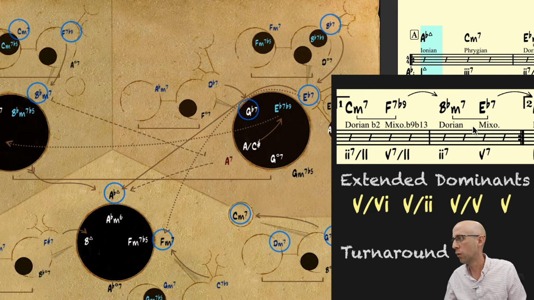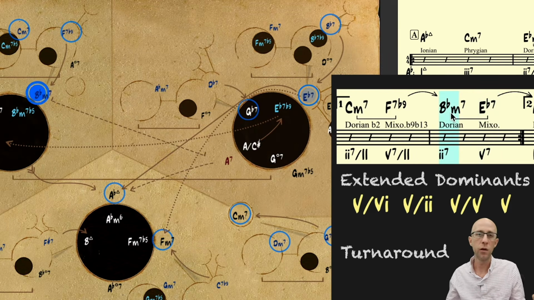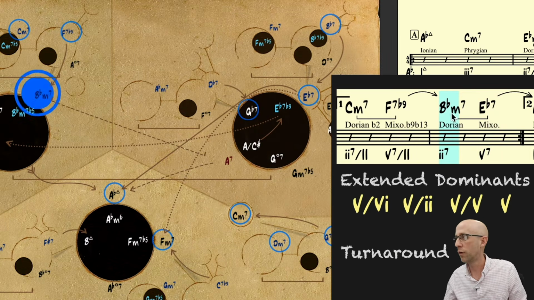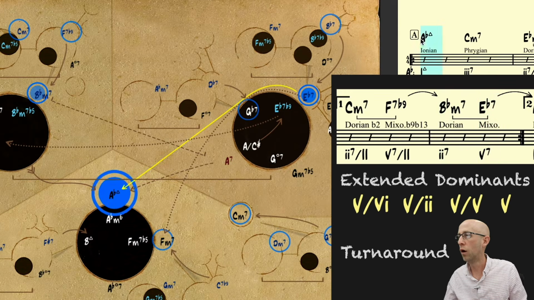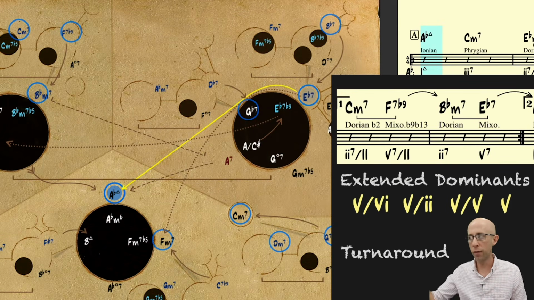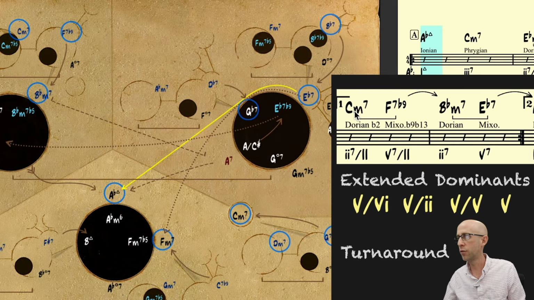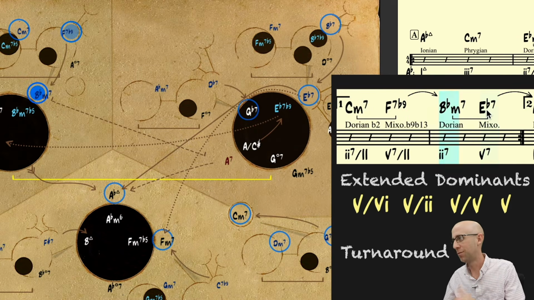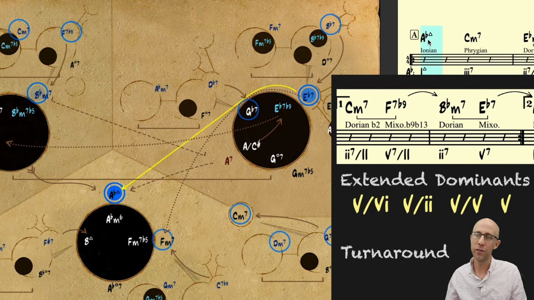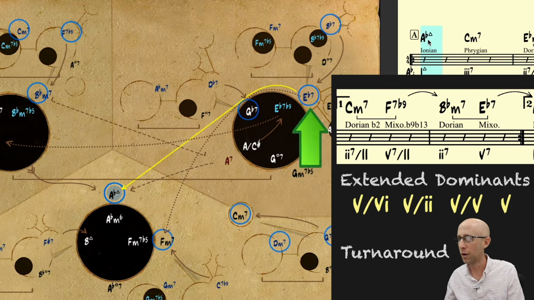So what he did was, okay, what's its 5 chord? E flat 7. And what's the 2 of that 5? B flat minor 7. So we basically just have a 2, 5, 1 turnaround. And then before that, in the first measure of the first ending, it's just the 2, 5 of the 2 of 5 of our target. So it's like a 2, 5 of the 2, 5 to the target.